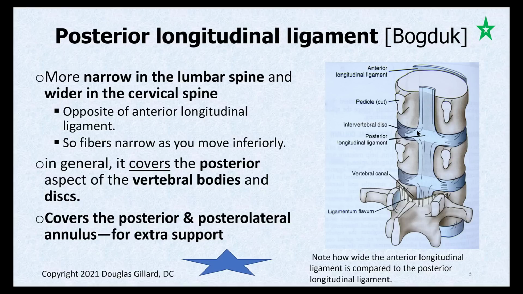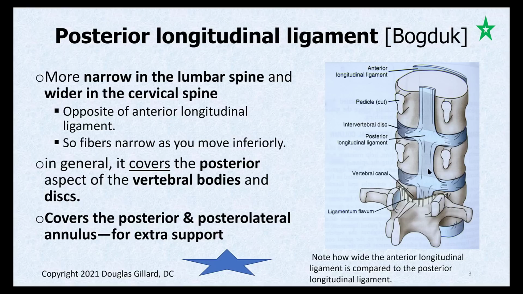We know it also has those little side fibers that go out and kind of support the back of the disc, kind of beef it up, give it a little extra support. Because we talked about last time, there's some weaknesses in the annulus fibrosus posteriorly. Remember we said some of the lamellae were incomplete posteriorly, so it encourages disc herniation. And we said the lamellae are thinner in the posterior and posterior lateral regions. So to compensate for that, perhaps we have these little kind of side fibers that come out from posterior longitudinal